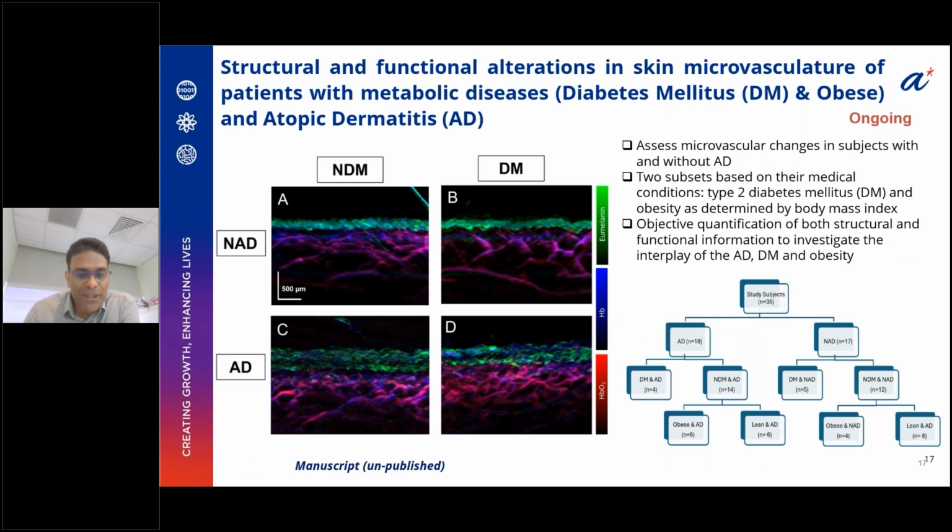Finally, in our ongoing study, we evaluate the structural and functional alterations in the skin microvasculature of patients with diabetes, obesity, and eczema. So basically, we categorize this group of 38 subjects into two categories. That means one is eczema, one is healthy. Then in the eczema group, the AD group, we again subdivide into two groups, with diabetes and without diabetes. Similarly, the so-called healthy group, meaning the non-eczema group, we again divide into two groups, diabetic and non-diabetic. So in this figure on the left side, NDM refers to non-diabetics, DM refers to diabetes mellitus,